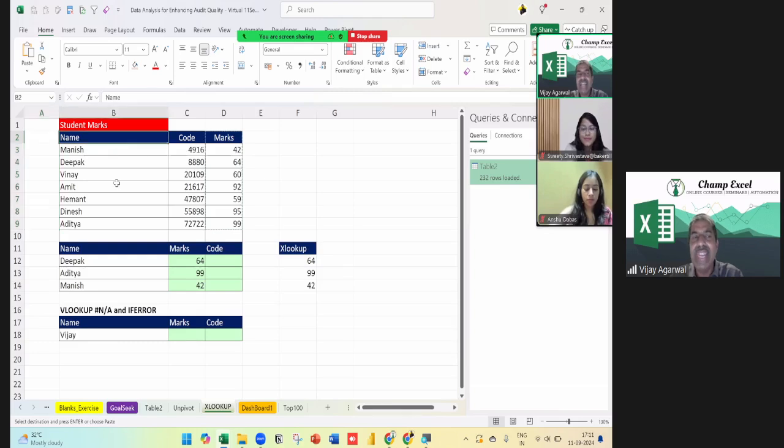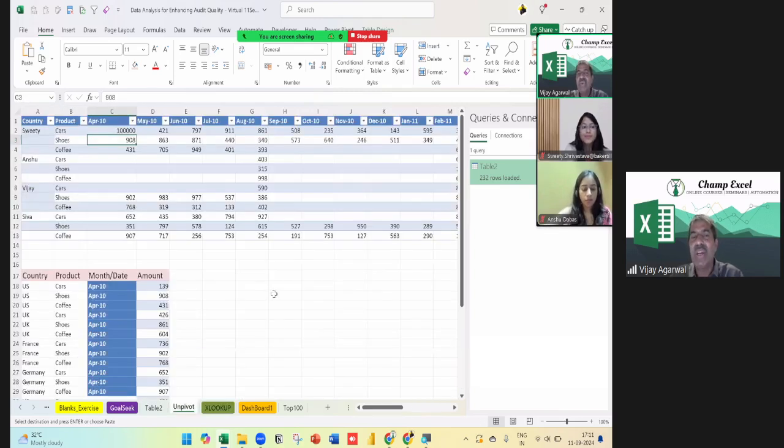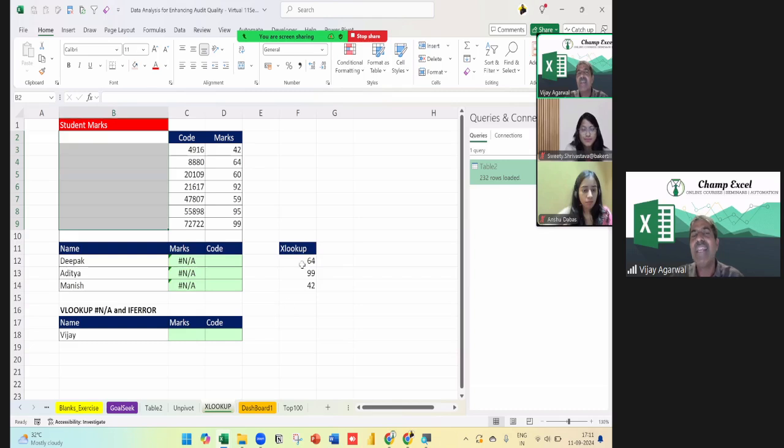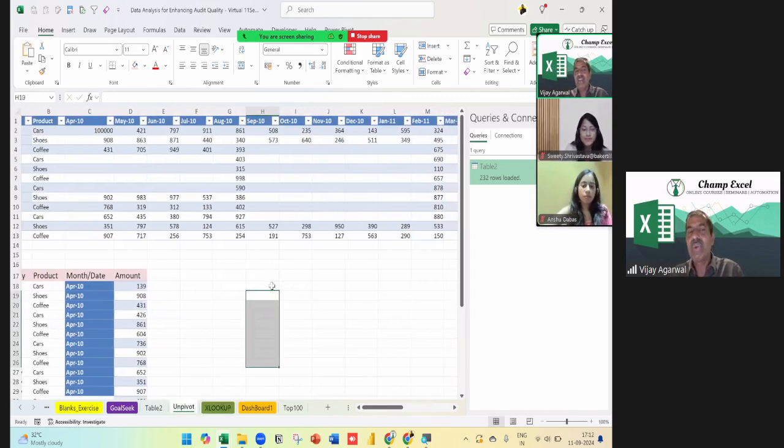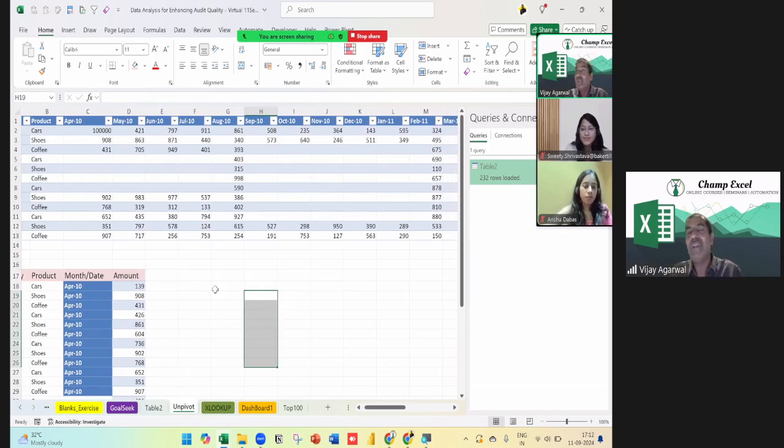I can even take the name to another sheet, and it still works. That is the beauty, so we should use XLOOKUP. XLOOKUP is going to be very, very helpful for us. That's why I told you that you should never use VLOOKUP.